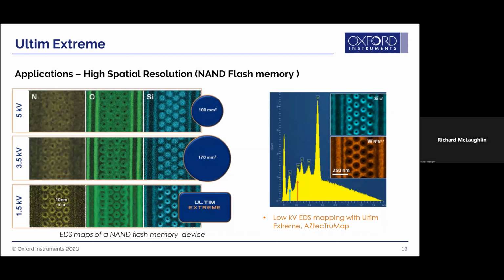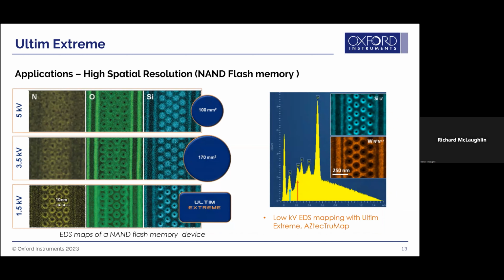Another example, high spatial resolution for a semiconductor. This is NAND flash memory. And this gives you an overview of the improvement using a windowless detector. Now we have 3 examples at different accelerating voltages, and they're matched up with what detectors would probably be used under those accelerating voltages. So the top was collected using what we call a 100 millimeter squared sensor, which is